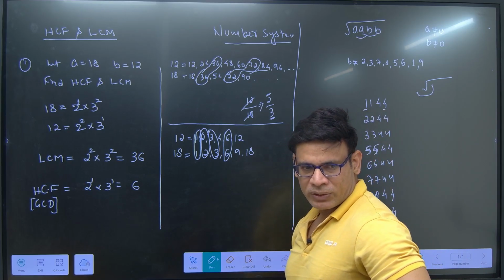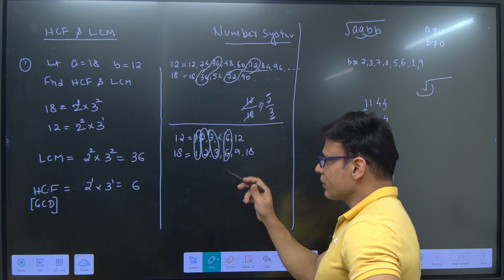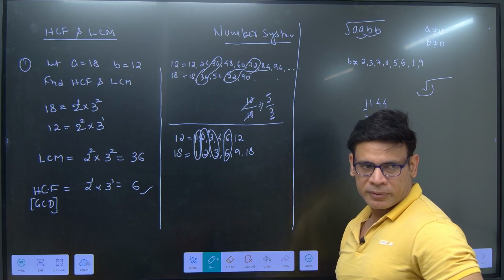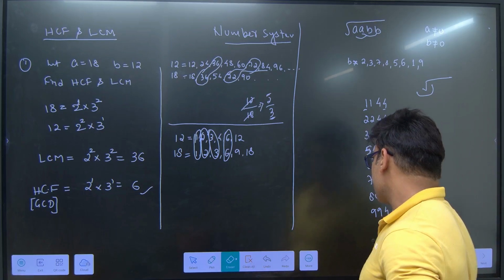सारे फैक्टर में हाईएस्ट कौन सा है? Which is the highest common factor? 6. इसीलिए HCF 6 आया. LCM 36 आया. ठीक है. अब हाँ,